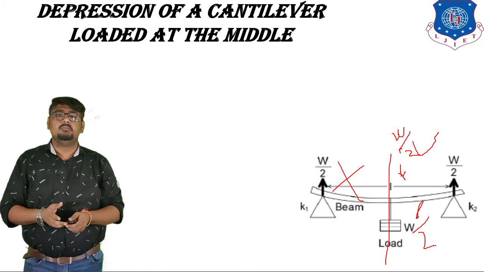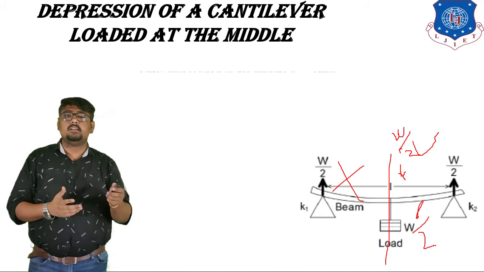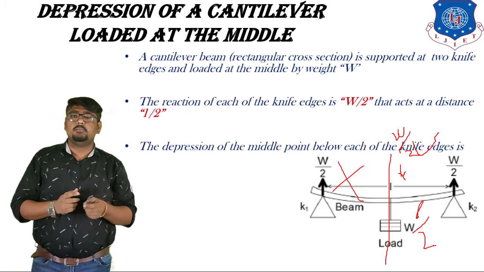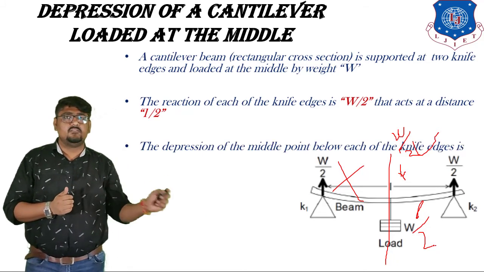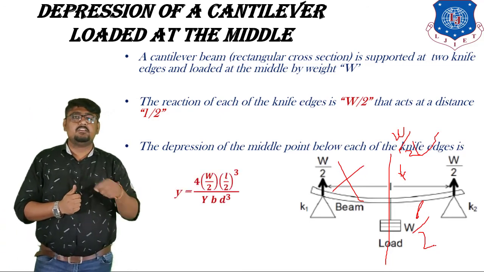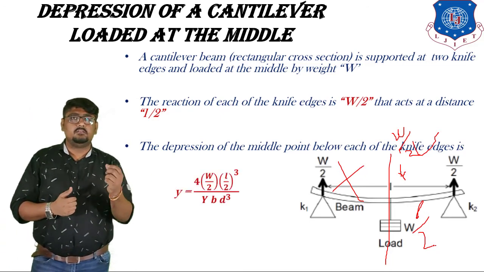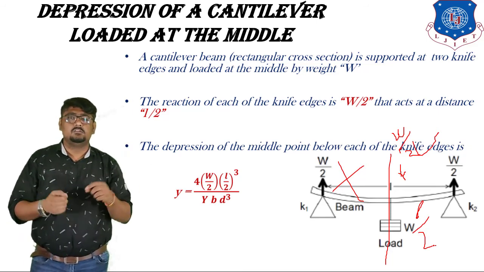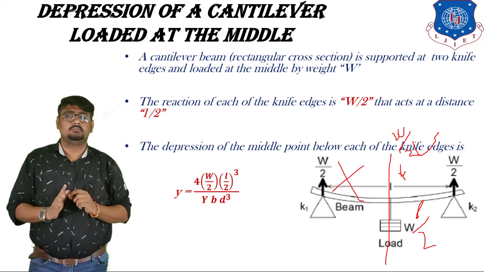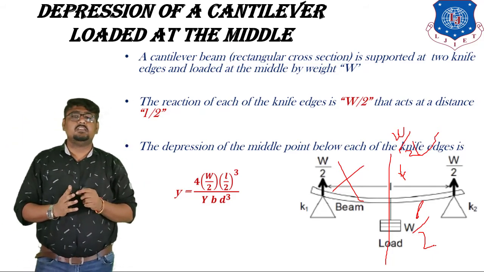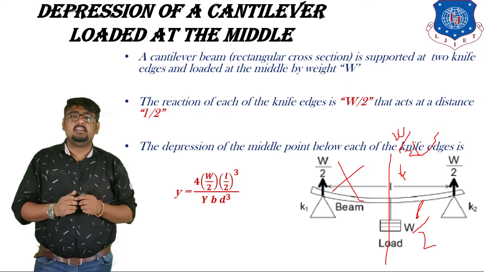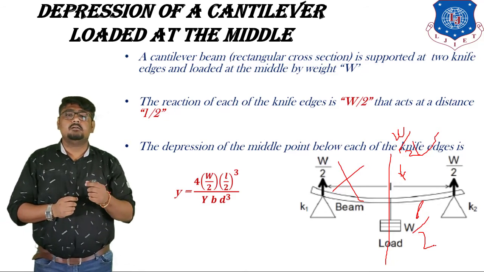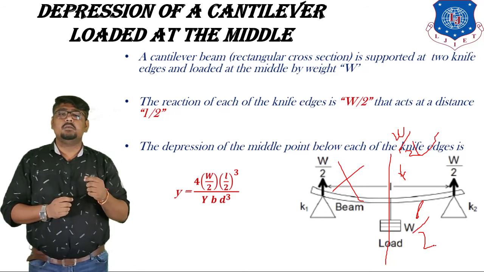So a beam of rectangular cross section is supported at two knife edges and loaded at the middle by weight W, as you can see in the figure. This is the same thing which I have explained to you earlier. Now the load is acting downward, so reactions are obtained upward. So the reaction at each of the knife edges is W by 2, and that acts at a distance L by 2. So the depression of the middle point below each of the knife edges